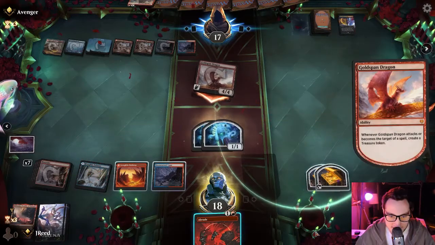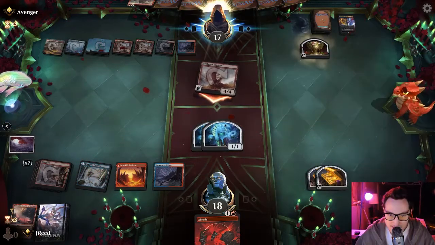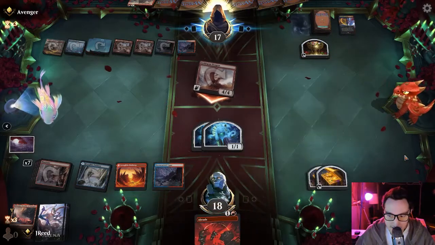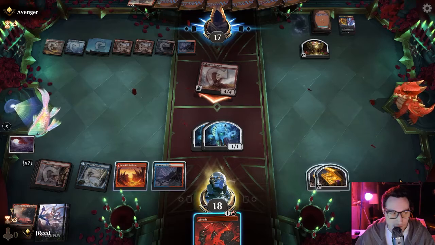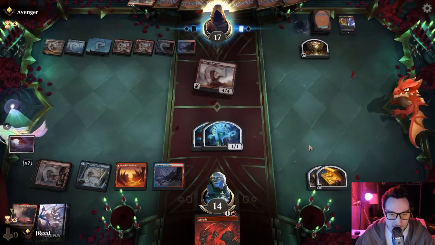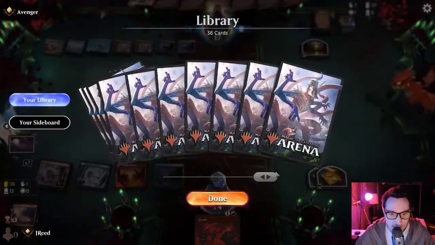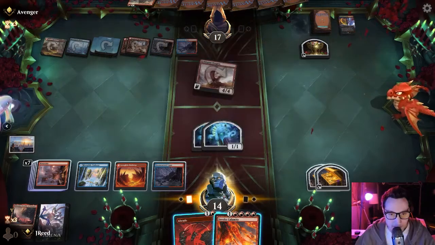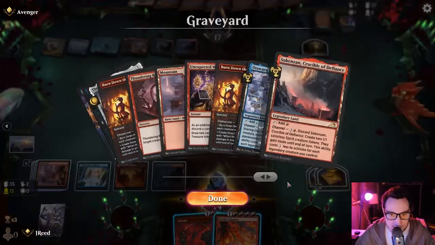We don't have anything else to do. I wish these had flying, that would be clutch right now. We block, hit it with the Braid. Okay, we're still at 14 though. We're at an okay life total. And, okay, we get the Calamity. But we don't...